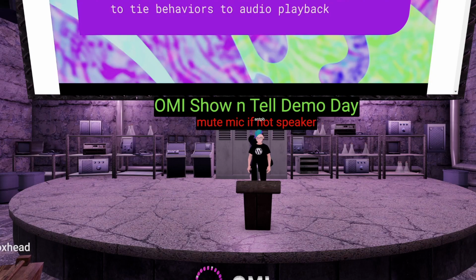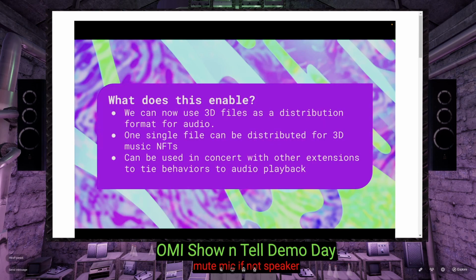That's not really hardened for the future. It's very fragile and could die as soon as the hosting is down for that app. So this gives you just a simple file where instead sites like OpenSea can just have a parser that knows exactly how to handle the audio embedded in the file, and then you're not having an app hosted for a single NFT. And this can also be used in concert with other extensions to tie behaviors to audio playback.